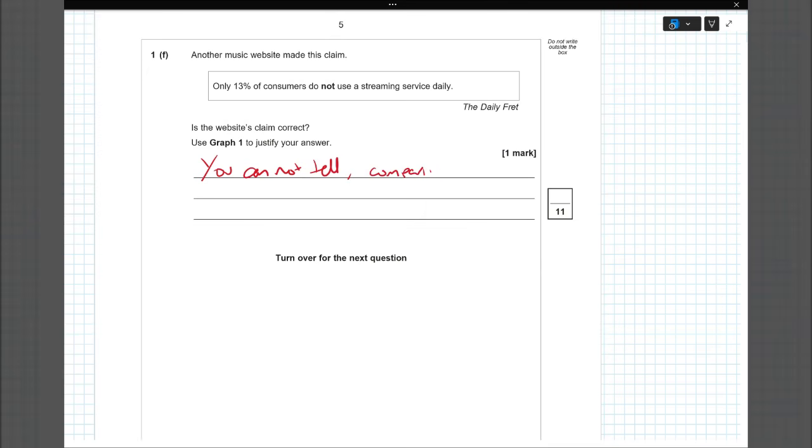You cannot tell, comparing percentages across platforms does not work. Okay, so comparing those percentages across those platforms just won't work. You'd need to know the actual figures, though it might be true. And this is the thing, you can't rule it out, because actually the numbers might work out. But in this case, we can't compare the percentages across those